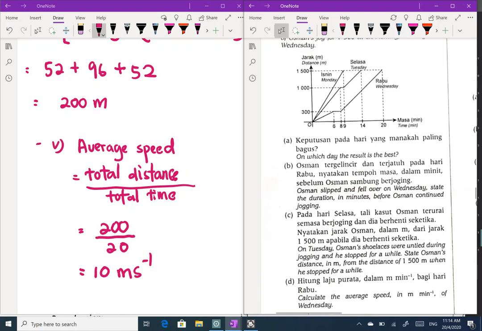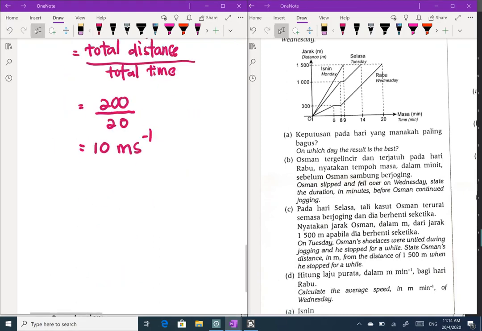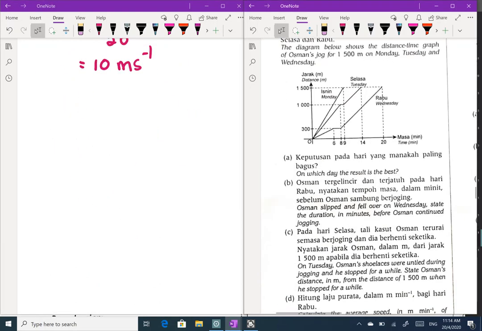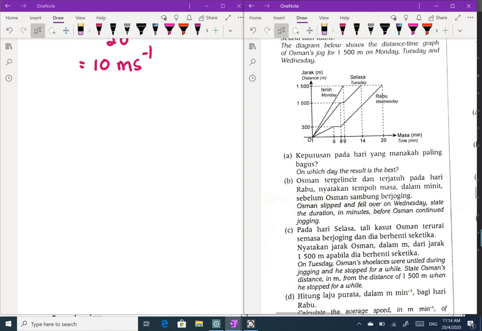Okay, I will discuss question 1 a bit specially. Question 1. The diagram below shows the distance time graph. This is distance time. Remember, always look at your graph. The total distance is 1,500 meters on Monday, Tuesday and Wednesday. 他去跑步，每天跑的是1500，可是星期一、星期二、星期三都不一样的速度。